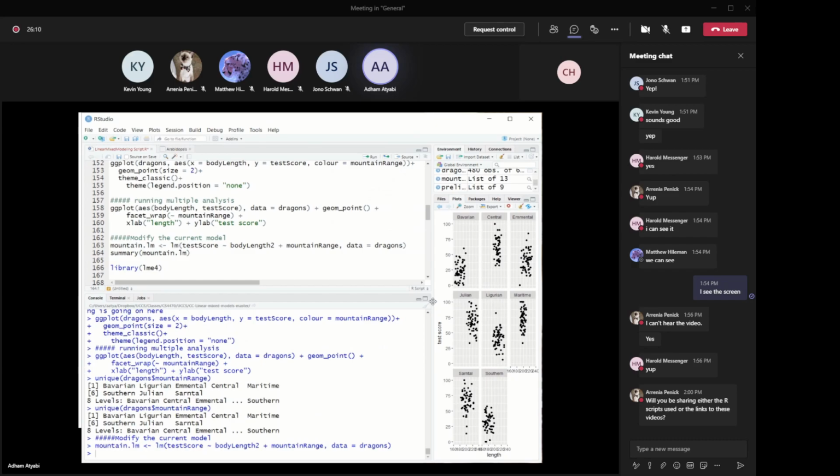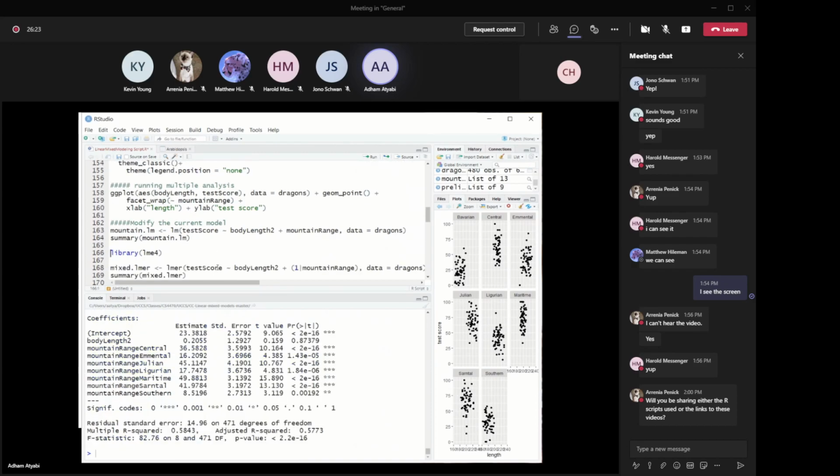So here is the model that we've got. We are doing a linear model on test score with fixed effects of body length and mountain range, and we're calling that mountain LM. If we get a summary of that, it shows that there is a significant difference on test score. And there are significant impacts on Central mountain range, on Emmental mountain range, Julian, Ligurian, Maritime,